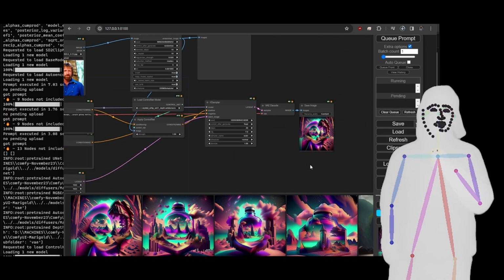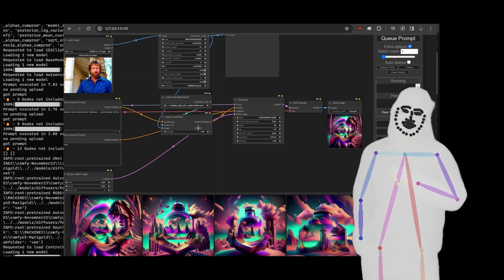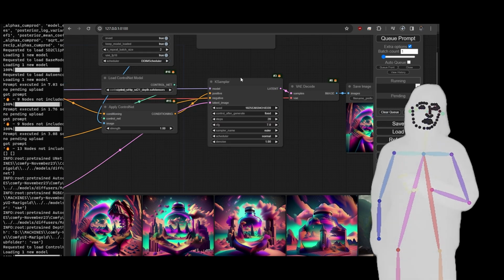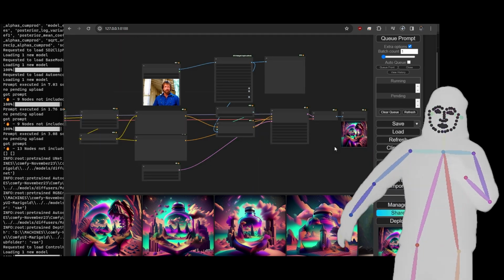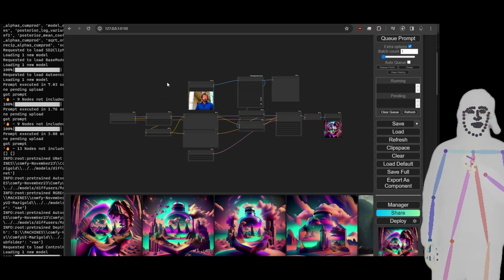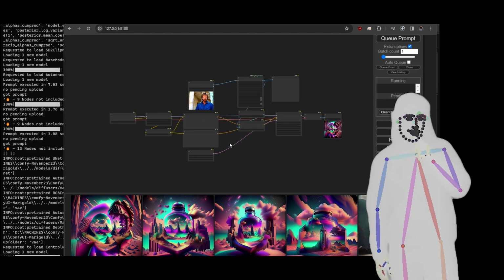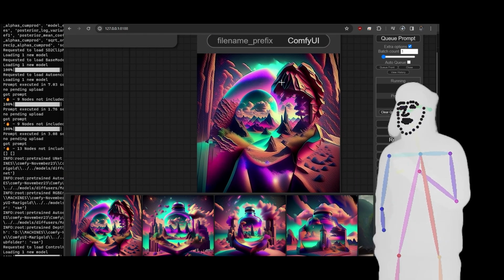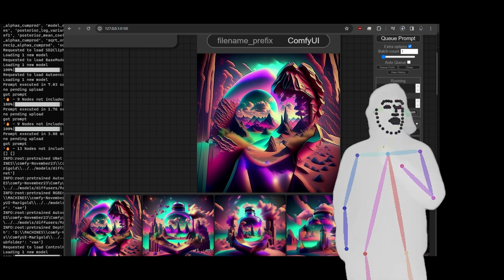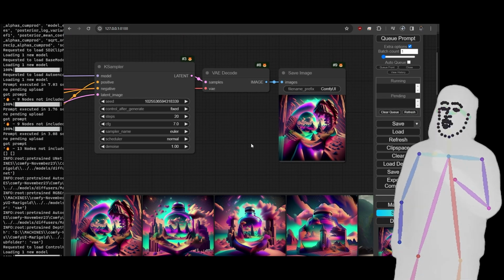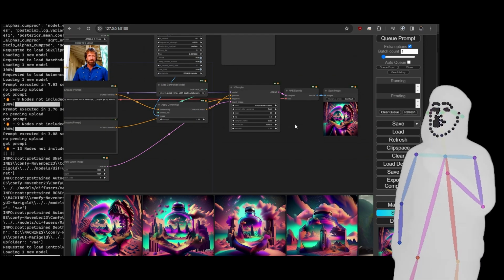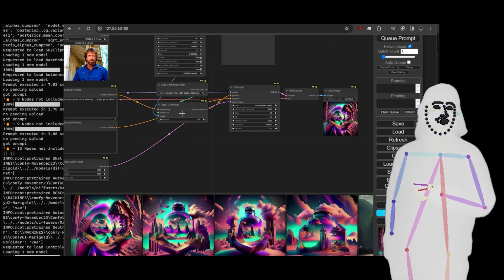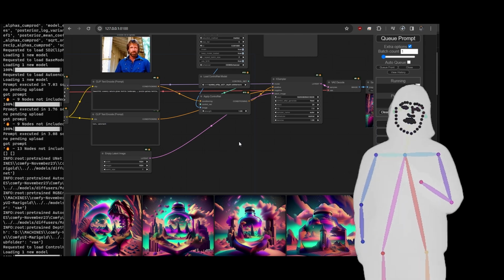And then I believe we can mess around with the strength. This is a very basic setup though, so I'd probably get the advanced K sampler next and then do some more stuff. But I want to just keep it simple to show you that you can put something together very quickly and make changes. So you can see our man Chuck's in there somewhere. Now you might want to add in more control nets like sketch or open pose, and you can certainly do that. So if we were to add in,